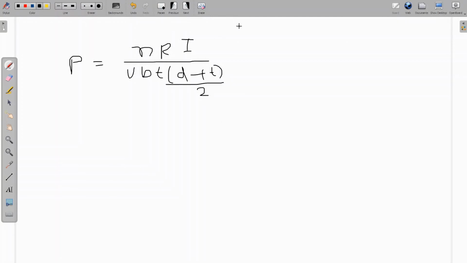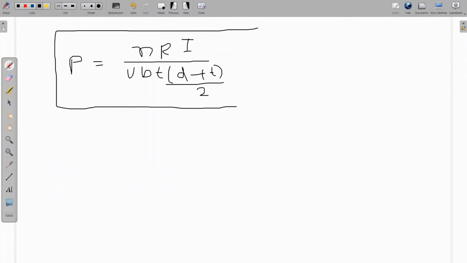Okay, so this is the pitch of the rebate. Whatever rebates we are using, we have to provide a minimum pitch of this. No, maximum pitch. This is the maximum pitch they have to use. That means the pitch of the rebates should not exceed this value. Whatever rebate we are using, their pitch cannot exceed this value.